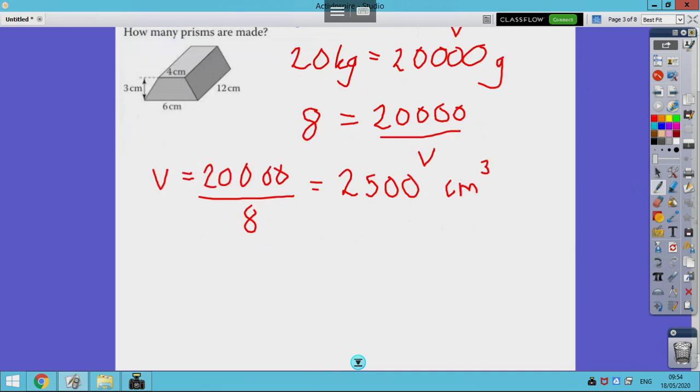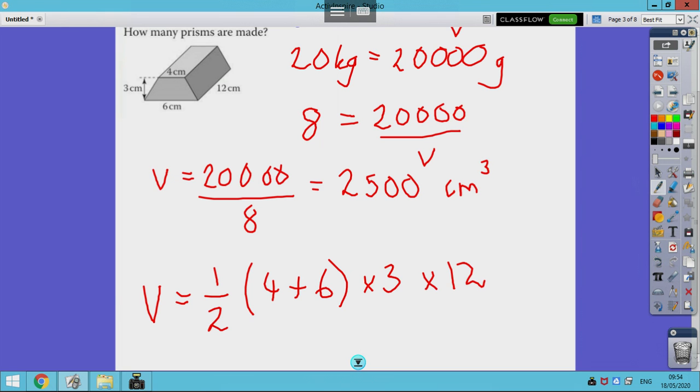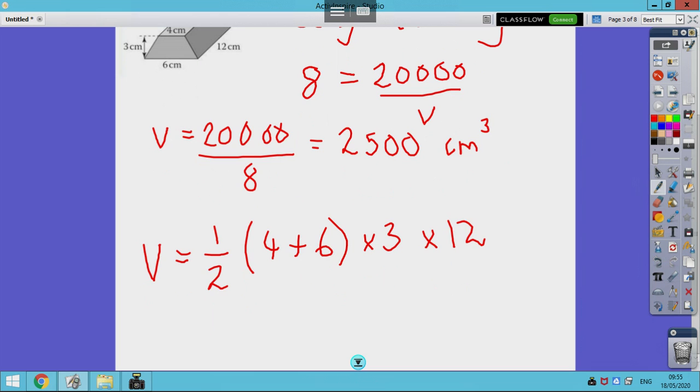So we would have V equals a half, we would have 4 add 6, so the 2 parallel sides, multiplied by the height, which is 3, and then for the volume we would multiply all of that by 12. Now once you sort that all out, you get a volume of 180 centimetres cubed. So now all we need to think about is how many